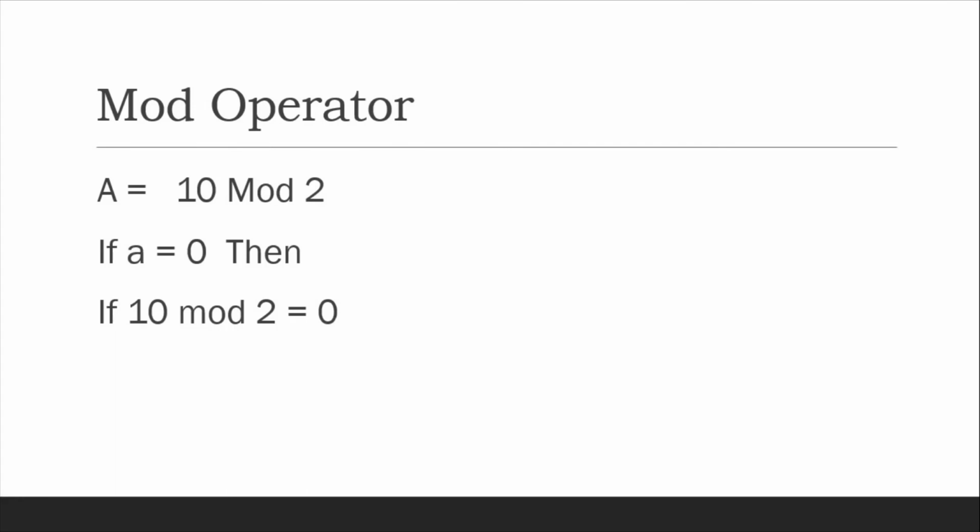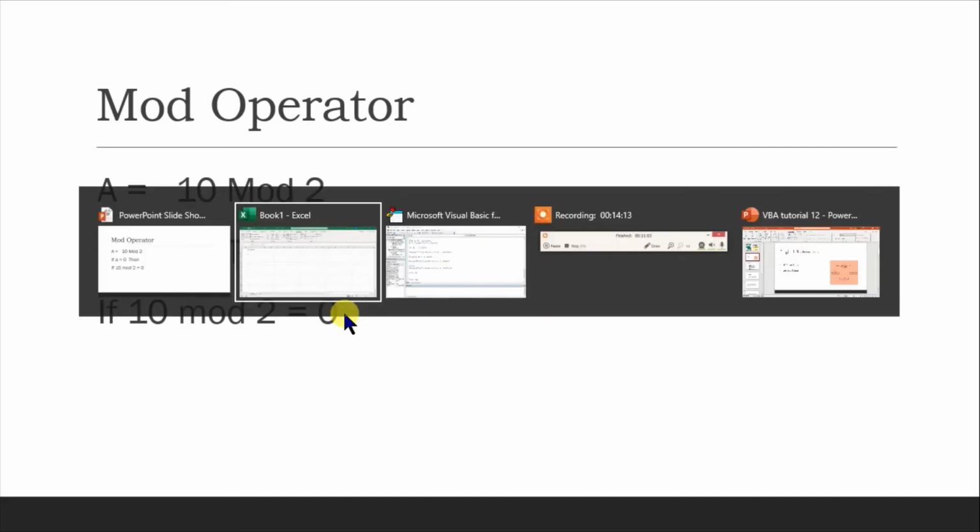So let's make a simple program to understand this also. This will be quite easy and helpful for you to understand what we can do with this mod operator. There might be row numbers, and if the row number is odd, you want to change the color to green. If the row number is even, you want to give an alternate color. There may be many techniques, but today you need to understand that the mod operator gives you the remainder. Fine. So let's make a small program before closing this.